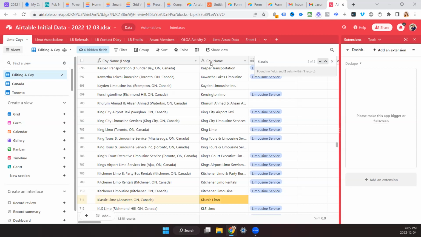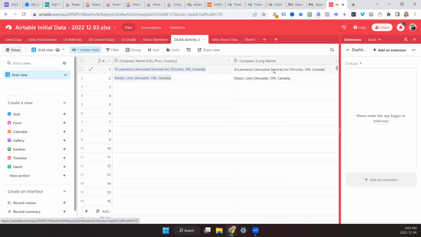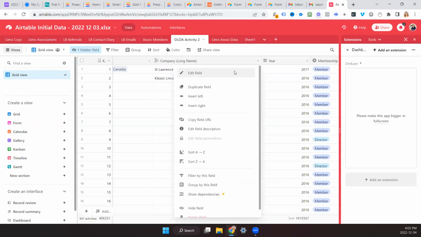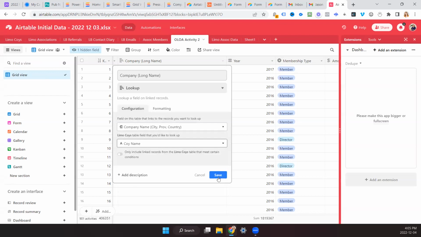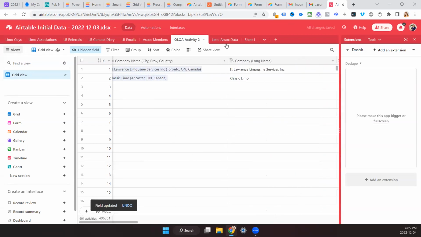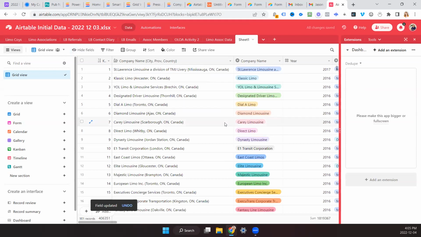Okay, so it looks like the long field is being imported. We want to bring in the short name, right? So we'd actually want, if you go to sheet 1 for a second. Okay, go to sheet 1. Yeah, that's the data I want when I'm done.